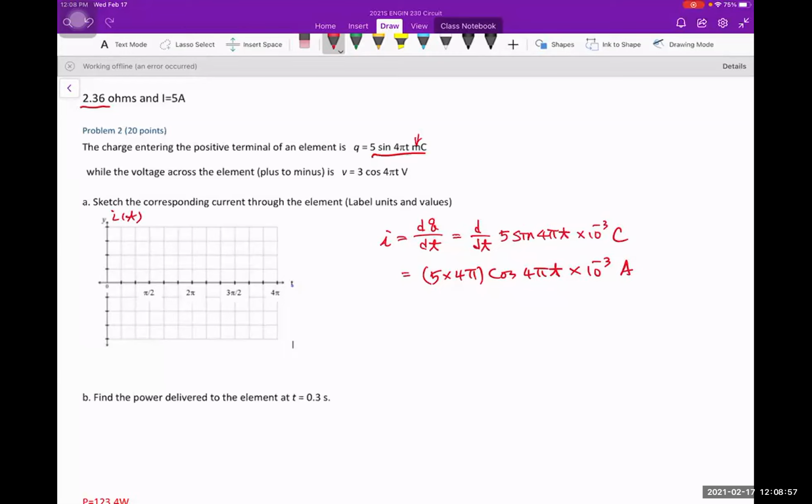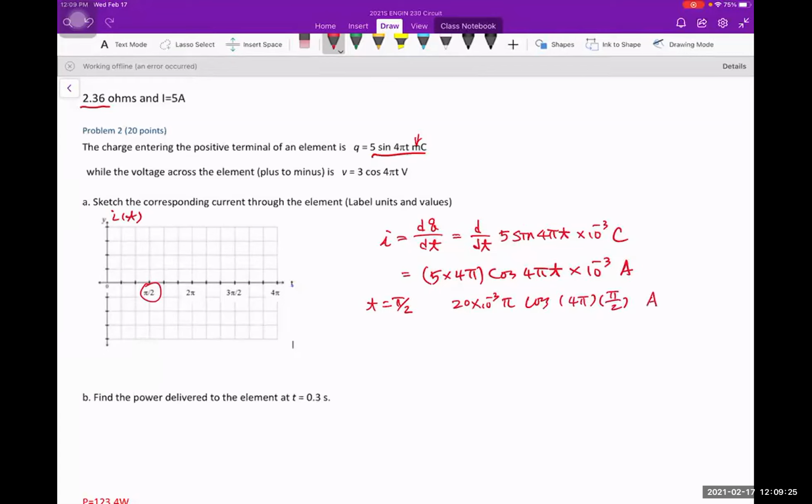Well, you see that on the graph, they give you pi over 2, pi, and 3 pi over 2. So you replace the time with each one of these. Let's say time is equal to pi over 2. And you're going to have 20 times 10 to the negative 3 pi, and cosine 4 pi times pi over 2